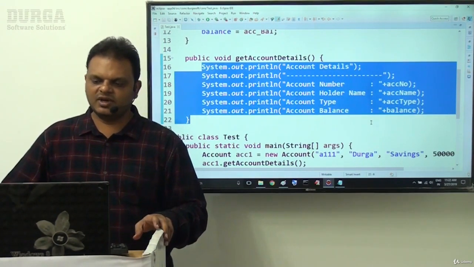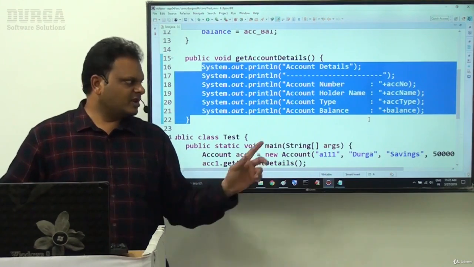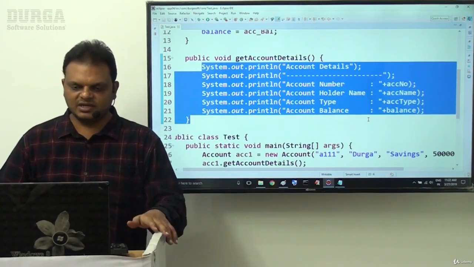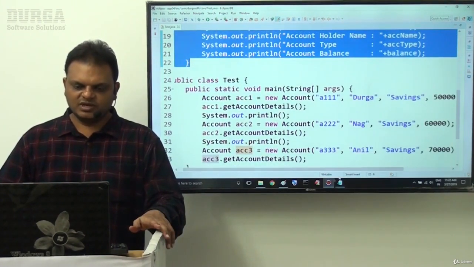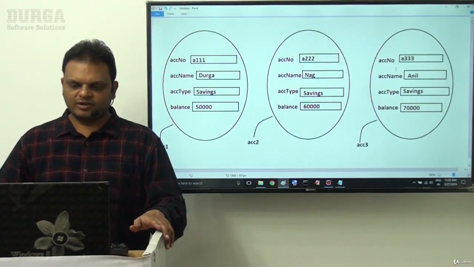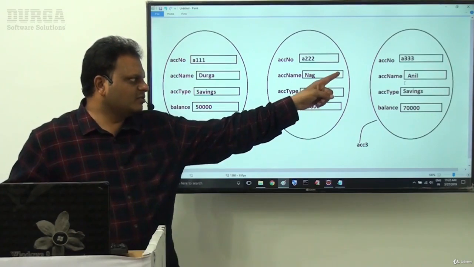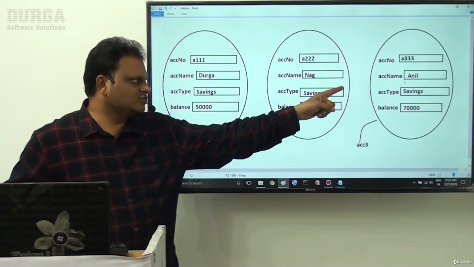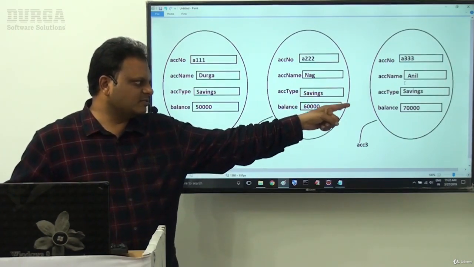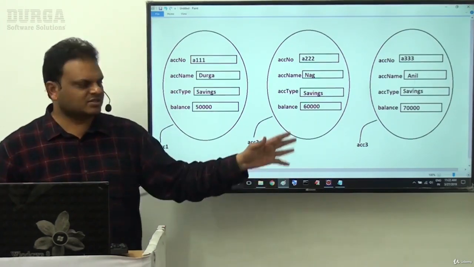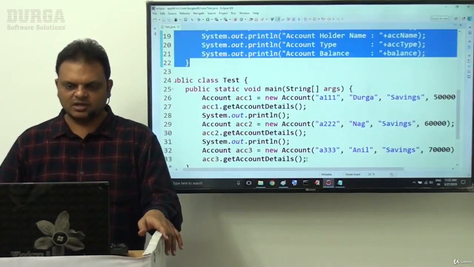All 4 values are provided directly. Immediately, which data will be displayed? From ACC3, the data is provided: account number is A333, account name is Anil, account type is savings, and balance is 70,000. So this data is displayed as the third output.